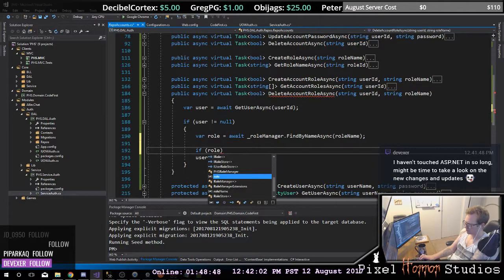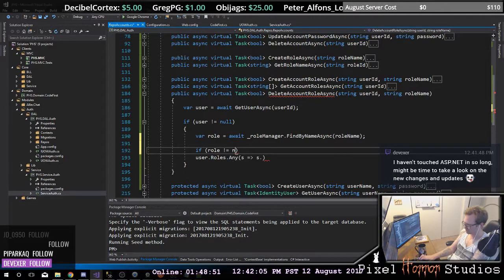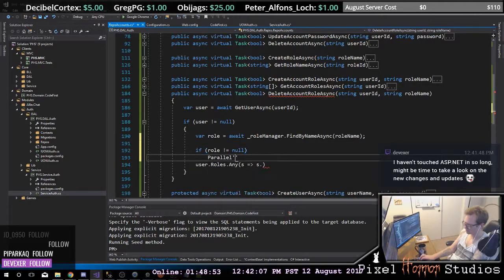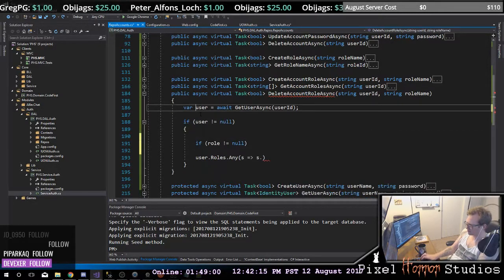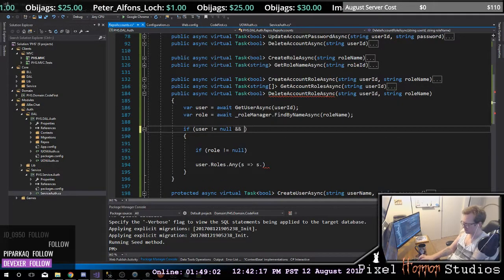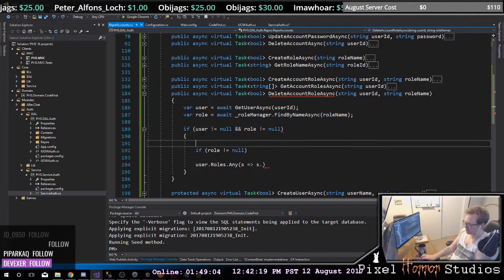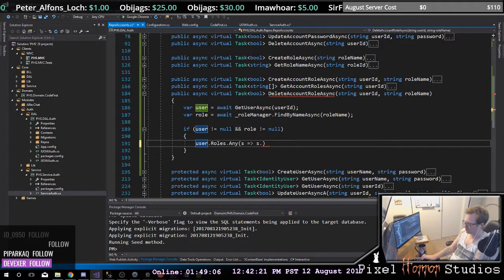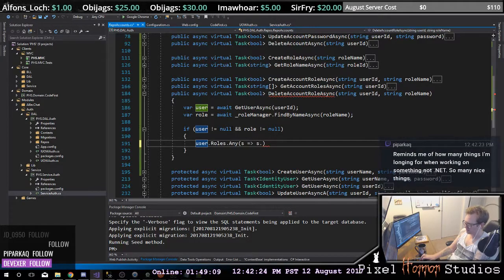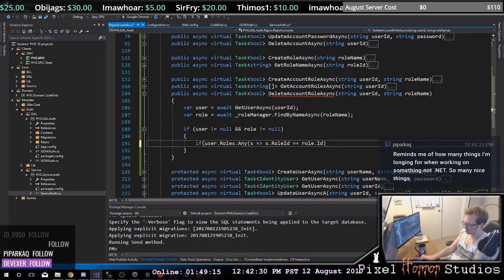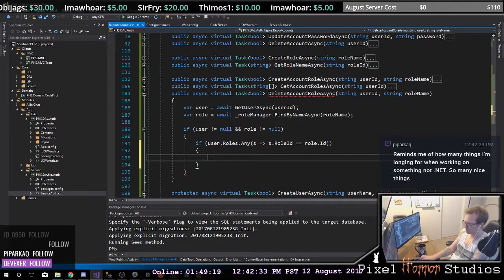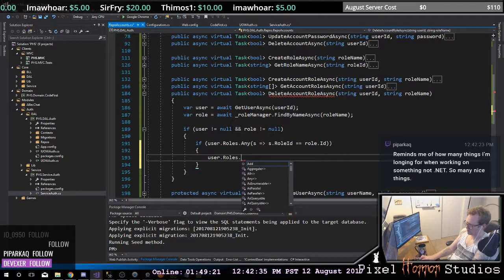If role does not equal null, so let's move this here, and then and my role does not equal null, then what you want to do is, if there is anywhere where my s.roleID is equal to my role.id, user.roles.remove